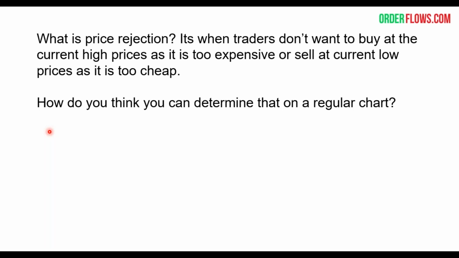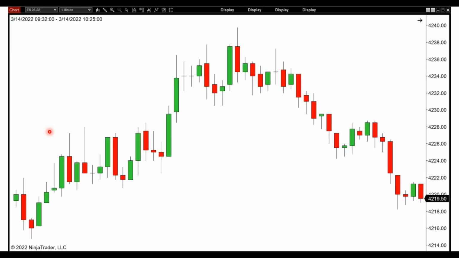And if you're looking at a normal bar chart, how are you going to be able to tell, right? People will say, well, yeah, I had this wick up here and then the market sold off, so you got price rejection here. Well, do you know it's price rejection? Do you know it's support? Now, of course, that would be just splitting hairs. I mean, the market is going to have the same reaction, but why didn't the market sell off here on this big wick? Why didn't the market sell off here or here or here? That's where looking at the actual order flow is going to help you as a trader,